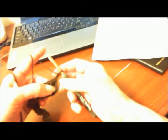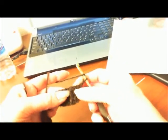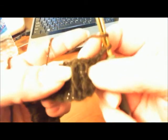Alright, so now we're going to go on to our third row. Chain 2 and turn. Third row says work the cable. Okay, when I started to do this last night, I totally missed that. So you have 2 stitches here from the previous row. 2 double crochets. Alright, so you're going to go to the stitch on the left and do your front post double crochet,